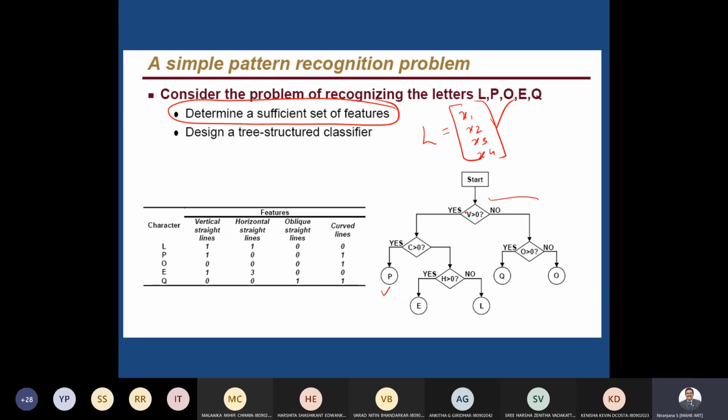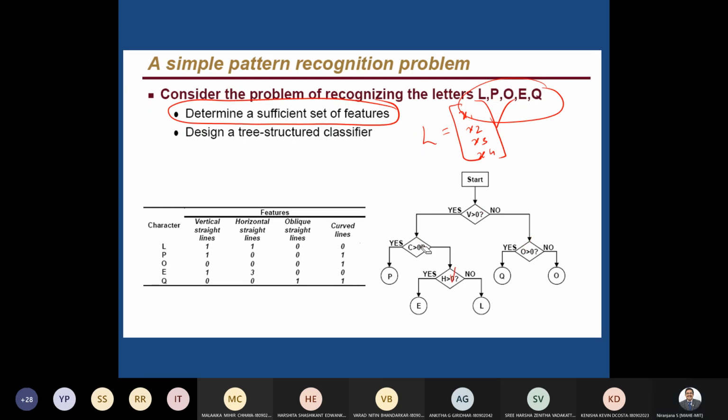It's taking branching in every node. There you may have to put some rule. These rules are designed by the designer based on circumstance. Maybe here it is designed based on vertical lines, curved lines here, horizontal lines here. So a sequence of rules is adopted in such a way that you are able to explain this whole pattern of a given type in the tree form. You may be able to design a tree so that it will help you to do the classification. So adopting these rules